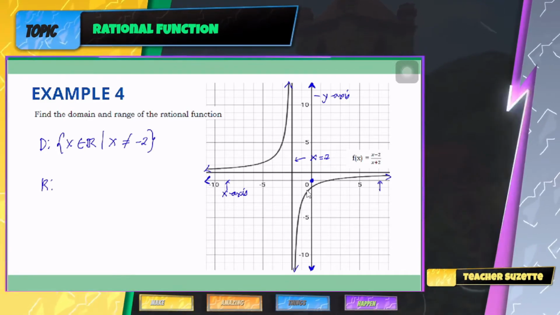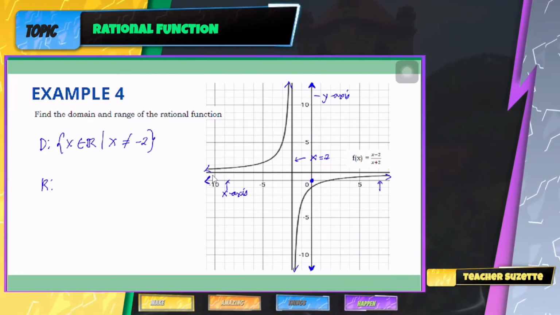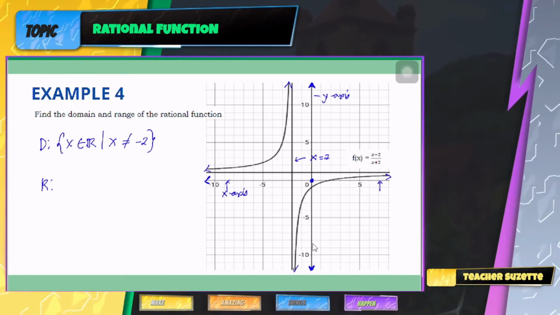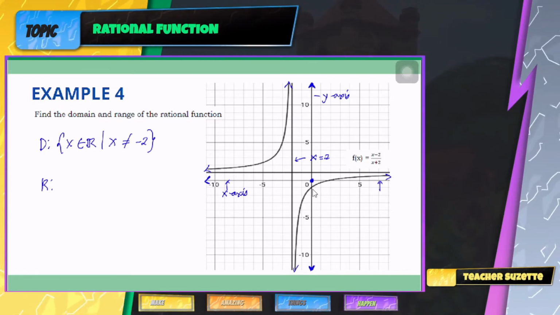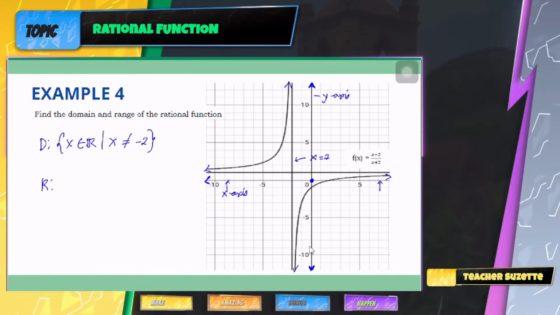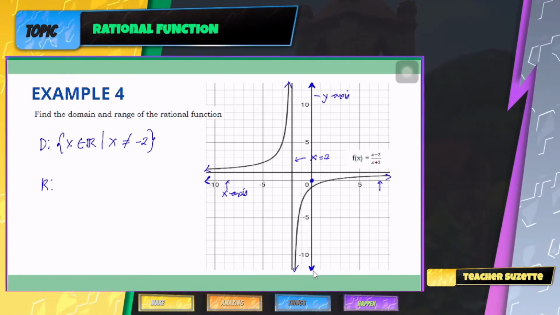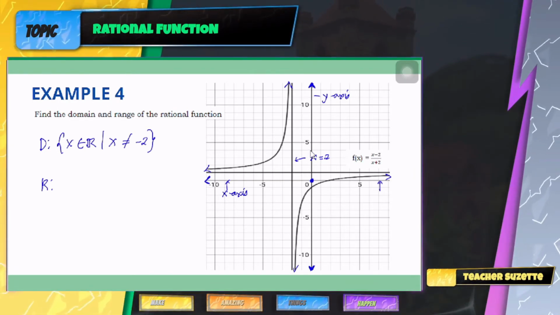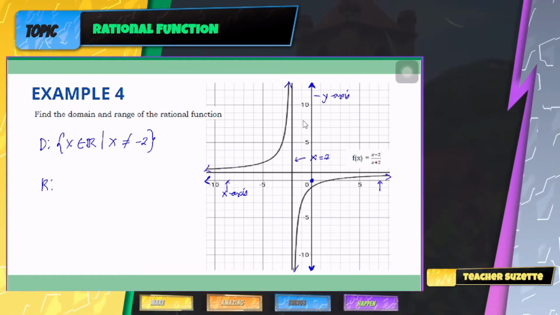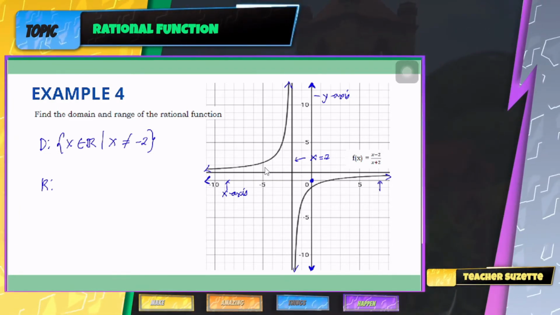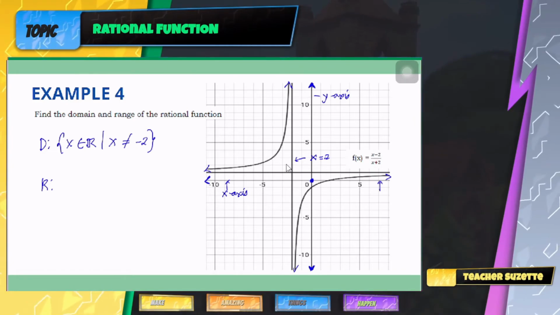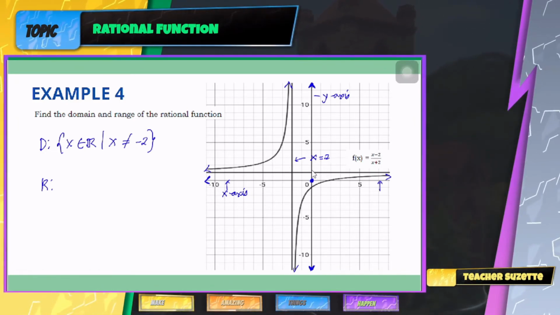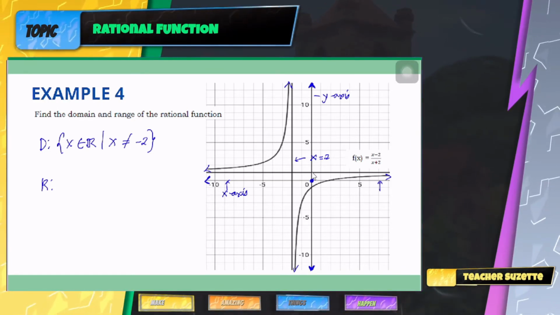Then, tingin tayo sa range natin. Ang range naman po natin ay sa y-axis makikita. So, mapapansin mo na from y-axis, negative, ayan, decreasing, meron siya. Meron din siyang mga values. And then, mapapansin mo dito, meron din. However, ayan, with respect to your x-axis din, mapapansin mo na, ayan, at y is equal to 1,